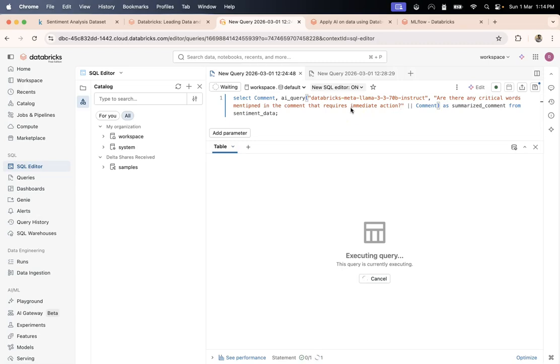Now here it could be much more verbose because we did not limit the output length. We should have said reply in yes or no. Right now we did not say anything like that. We just instructed the model, are there any critical words. Now it will just go on writing down its response. Maybe it could be verbose, but let's see how it looks. And if you want to limit that verbosity, within the prompt you can add this detail that your response should be in maybe 1 word or 2 words.